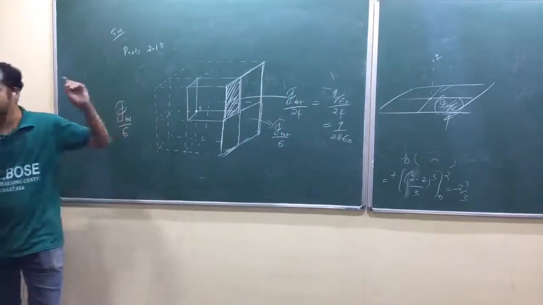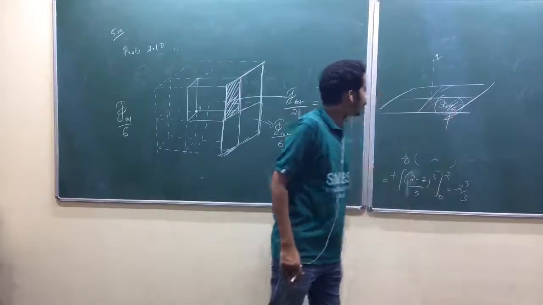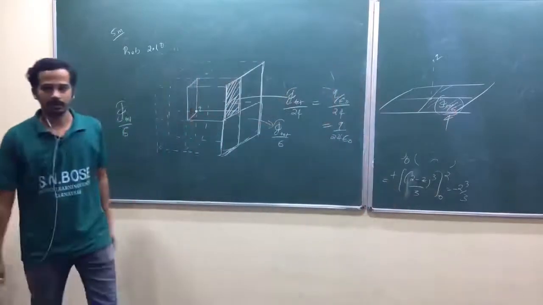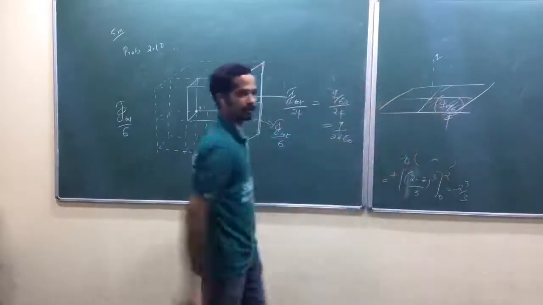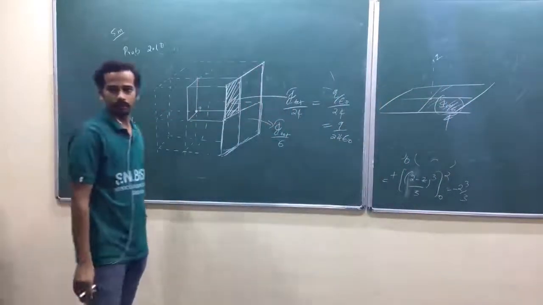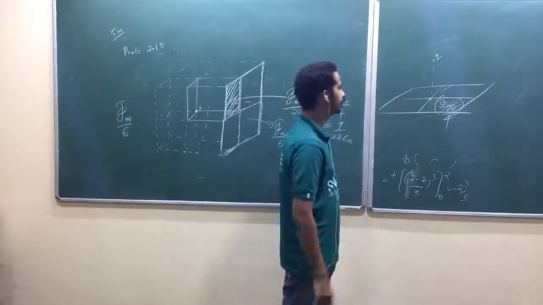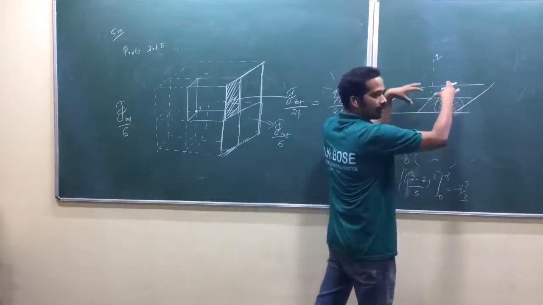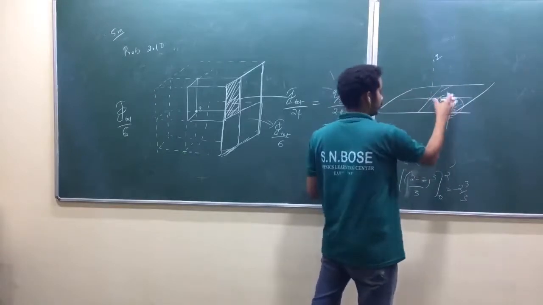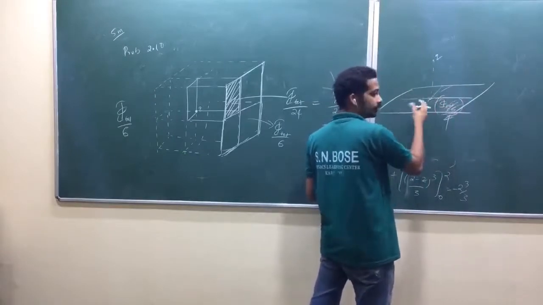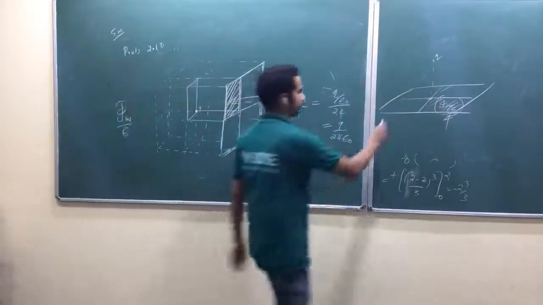Any question? So this will take total flux divided by 6. Again, in that one, each of these squares are symmetrically situated. So about that Q, Q is symmetrically situated exactly at the center. So because of symmetry, each of these should contribute equally, isn't it? Then this should be pi total by 6, pi total by 6 by 4, pi total by 6 by 4, so that into 4, you will get pi total by 6. Isn't it?